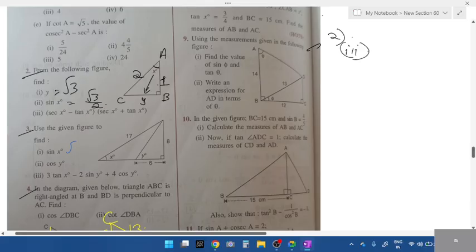Yeah, what is the sec formula? Perpendicular by, sorry, hypotenuse by base. What is the hypotenuse? 2. Hypotenuse is 2 and base is 1. Minus tan is perpendicular by base. What is perpendicular by base? Root 3 by 1, into